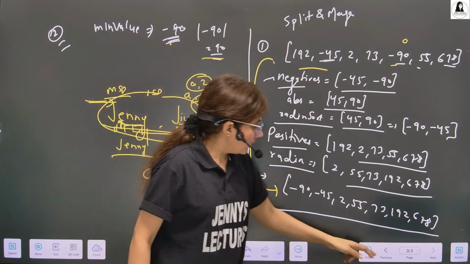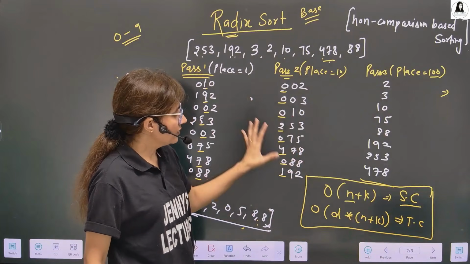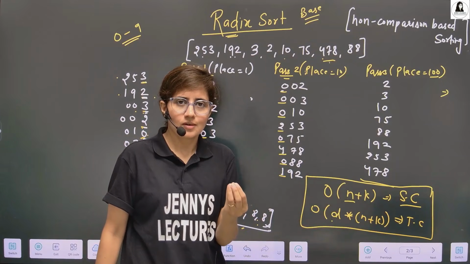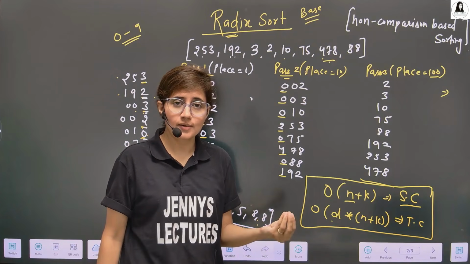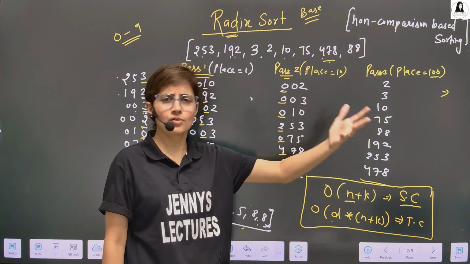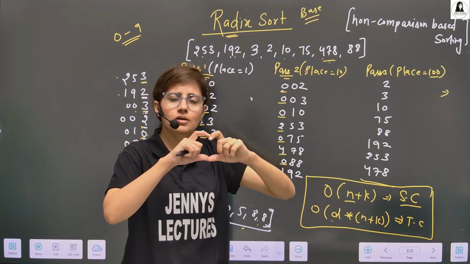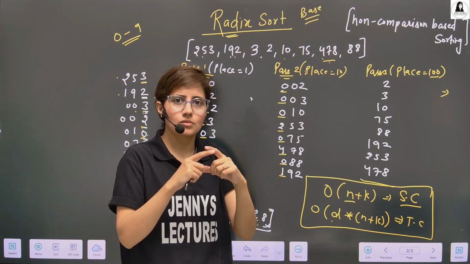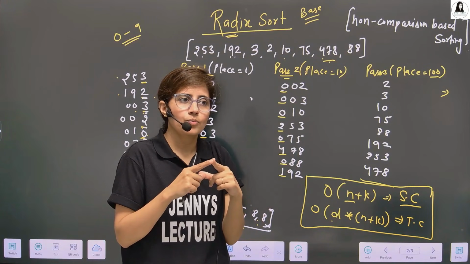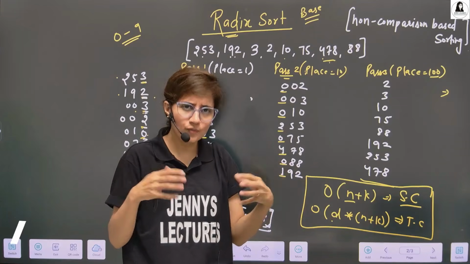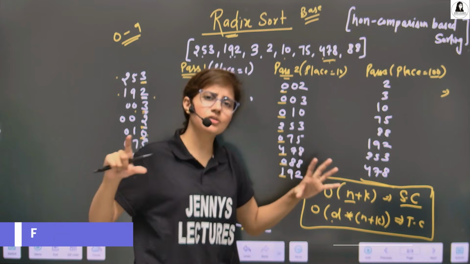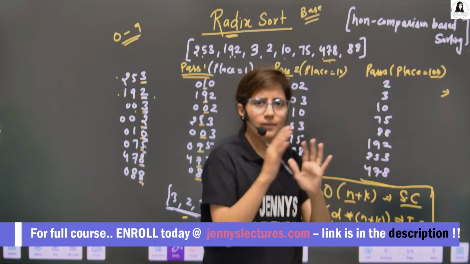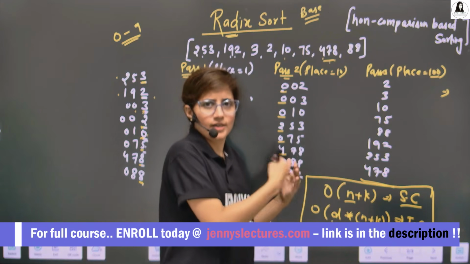Now, if I ask you the advantages: the time complexity is linear, so that is one advantage. Count sort is also linear, but the drawback of count sort is that it cannot handle long integer values, like sorting of phone numbers, 8-digit roll numbers, zip codes, or bank account numbers. If you have this kind of uniformly structured data, then we can use radix sort.